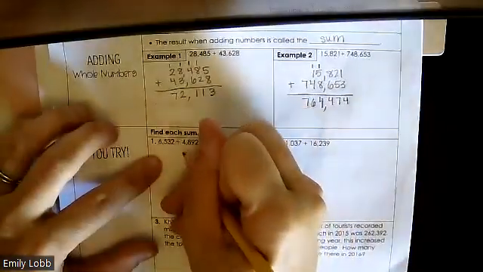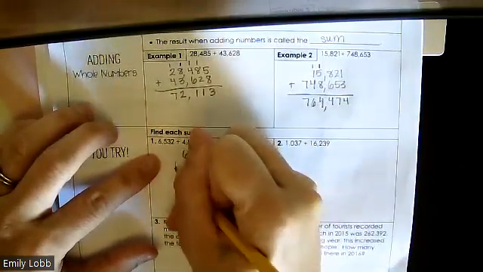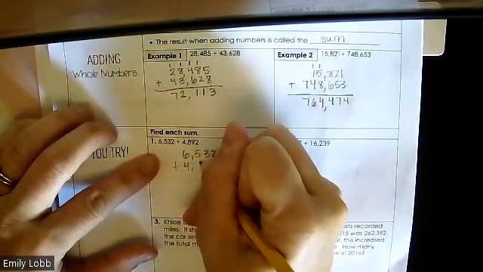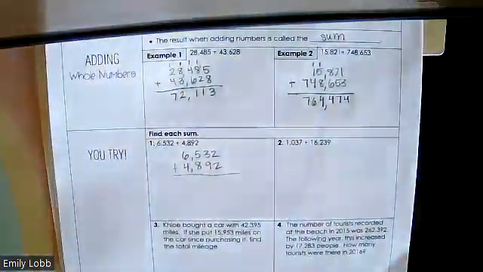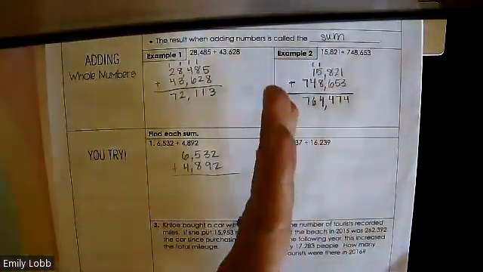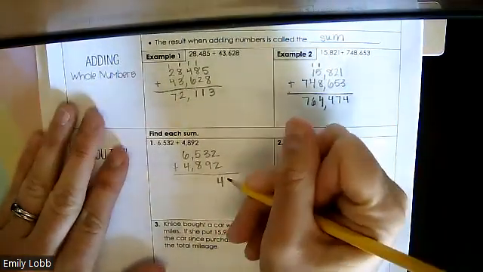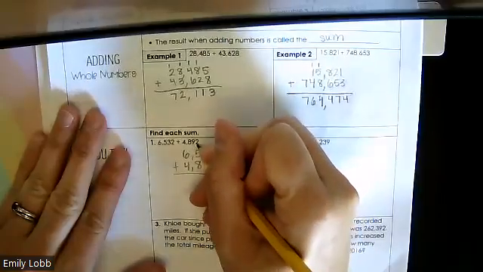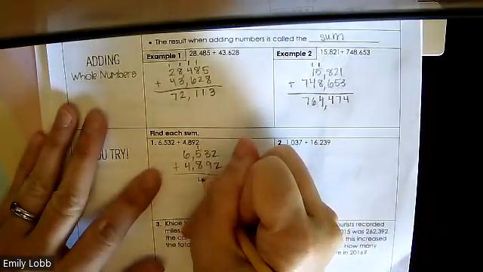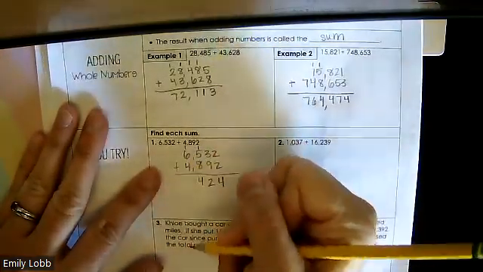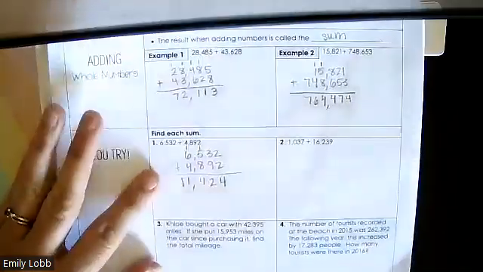So here, hopefully you rewrote the problem vertically. That's our first step. You lined up the 1s with the 1s, the 10s with the 10s, the 100s with the 100s and the 1000s with the 1000s. And then we're going from right to left. 2 plus 2 is? 3 plus 9 is? So I carried the 1. 5 and 8 is 13, plus that 1 makes 14. 6 and 4 is 10, plus that 1 makes 11. So hopefully you got